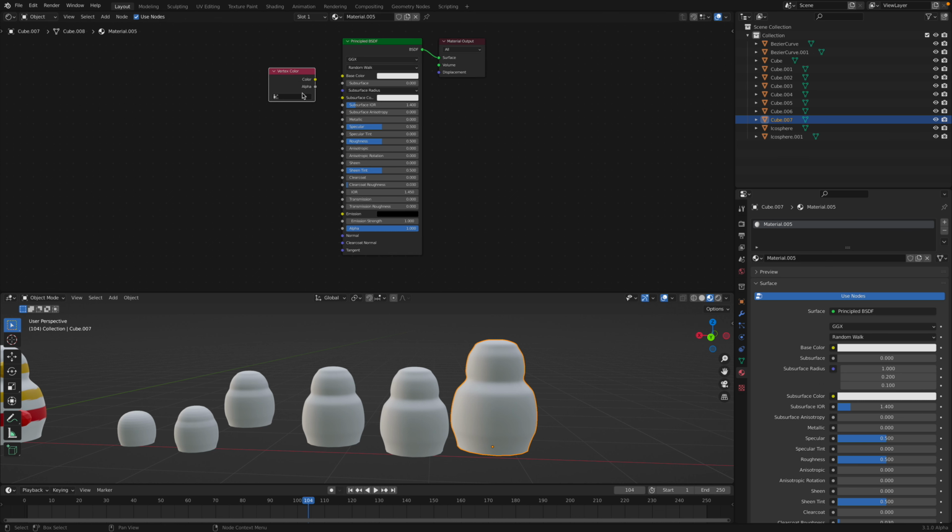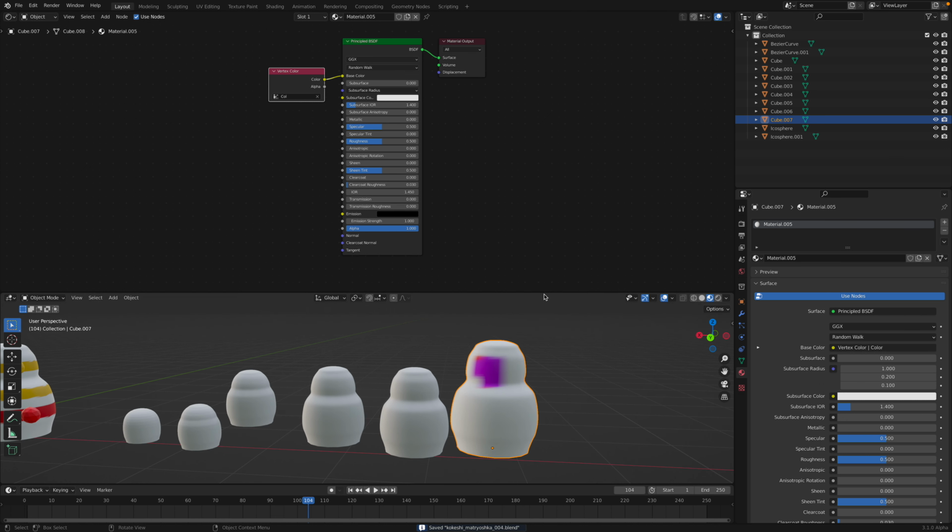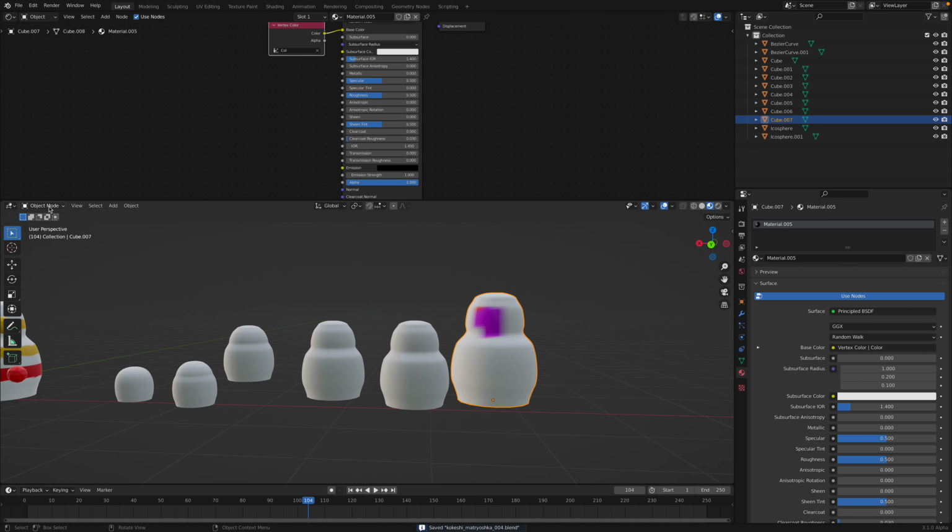Vertex color, get the color, plug this there. Okay, so we have this, and we can start painting using vertex paint. Vertex paint works a little bit like Nomad Sculpt,